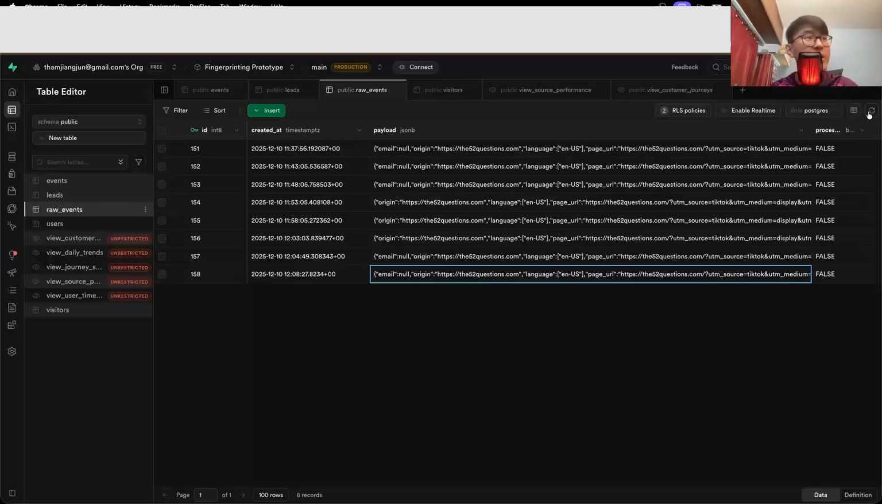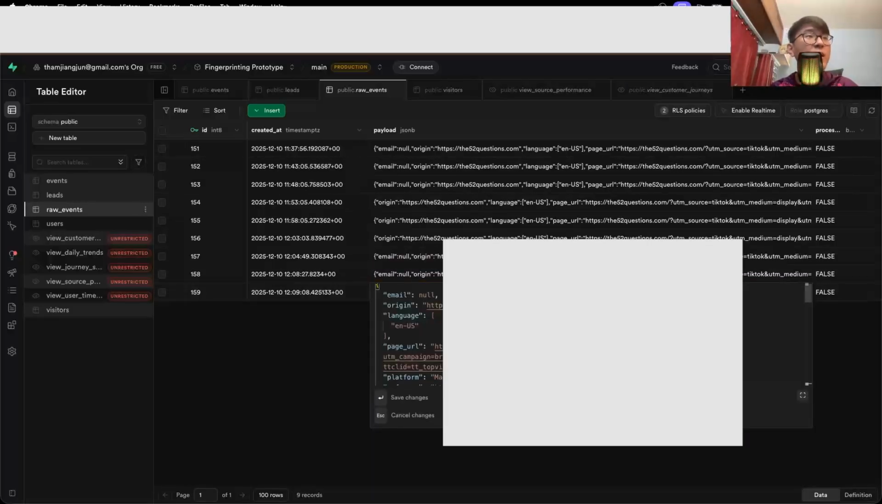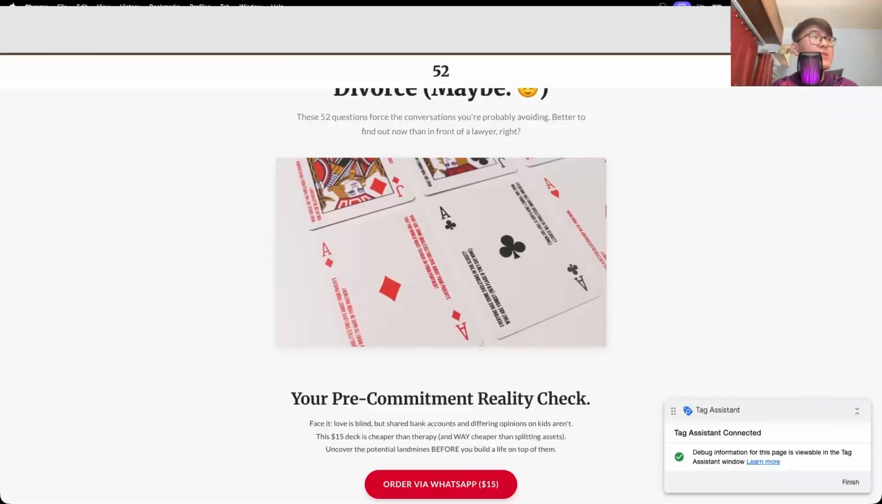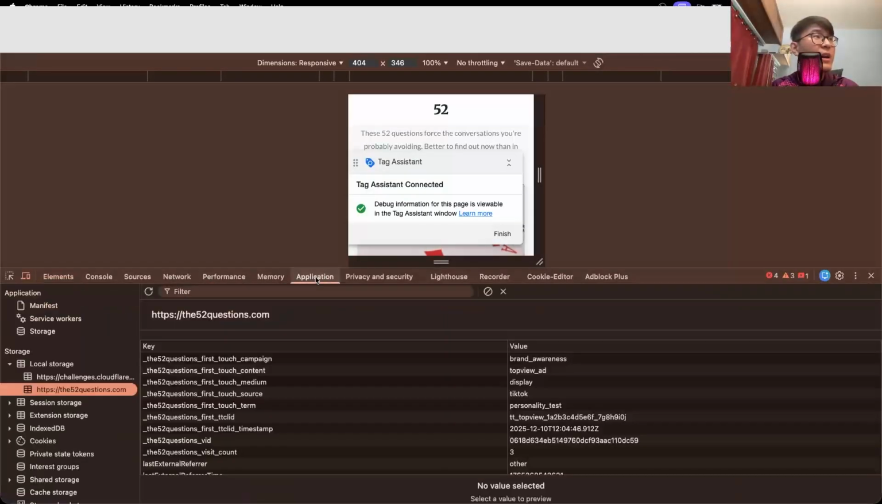Let me refresh my Supabase data. The 159 appears and you can click in, and then you can see my page visit is 3. The fingerprint is always the same because this hash is unique based on the laptop I'm using, which is locally stored as well. So I can see here, if I click inspect and then application,